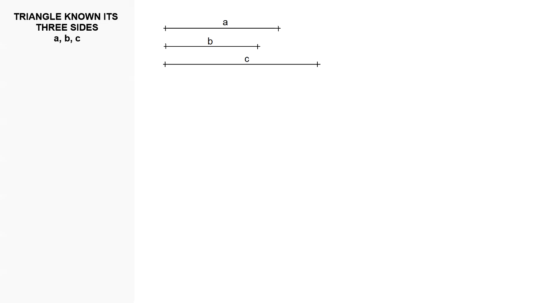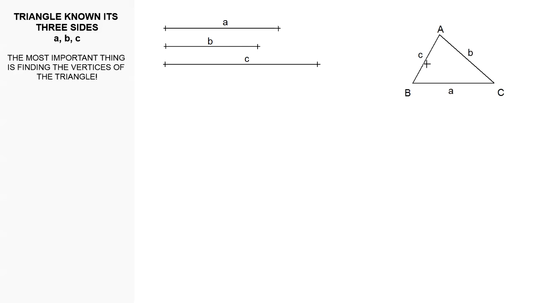We can identify in this triangle here the data we are given: this side, and this side. However, the most important thing when drawing any triangle and polygon in general is to find its vertices, because once the vertices are found, we only have to join them to end the exercise. If we draw the side A, we will find vertices B and C, so we just have to find vertex